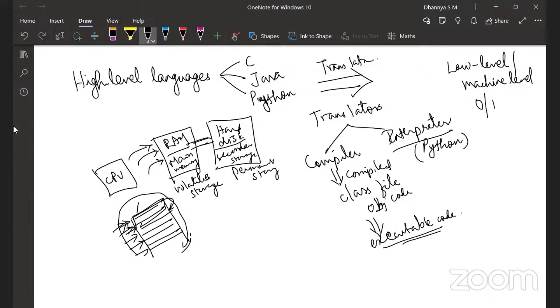So compilation means it is processed as a whole, whereas interpreted means it is line-by-line processing. Got it? So in the case of Python, it uses an interpreter, which works line by line. In the case of compilation, it takes the whole program, compiles the whole thing into machine code, and then starts executing from the first instruction onwards.